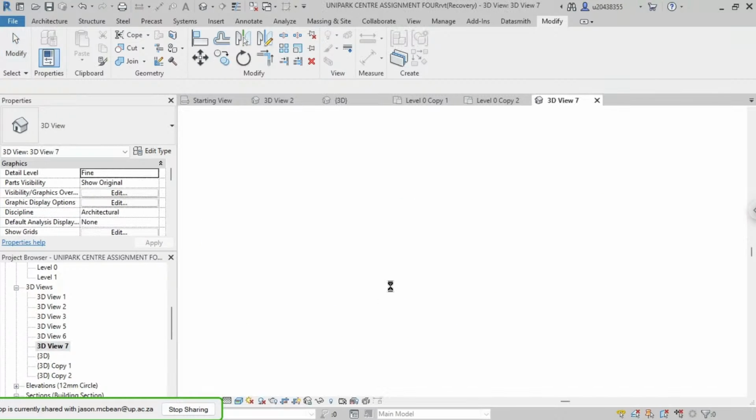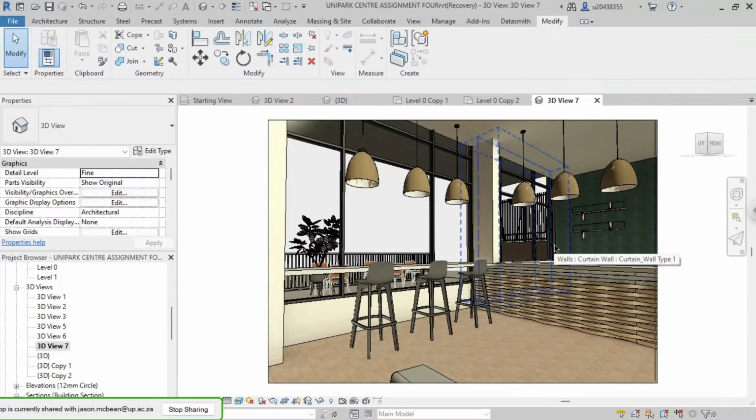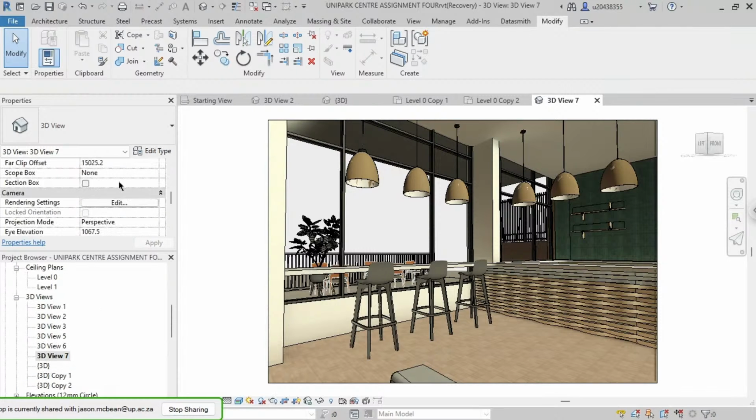No, I basically section boxed my entire plan, but I want to render it without a shadow. Is that possible? Without shadows? Yes. So what you're going to do, I'll explain this now, then you can add your shadows on. You can do it. So if you go to